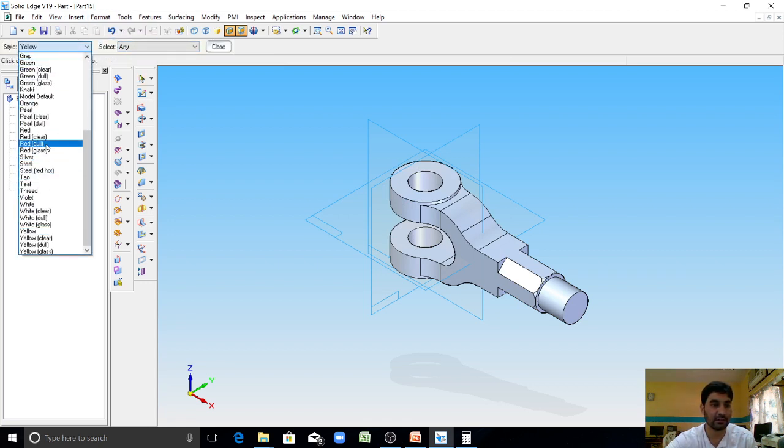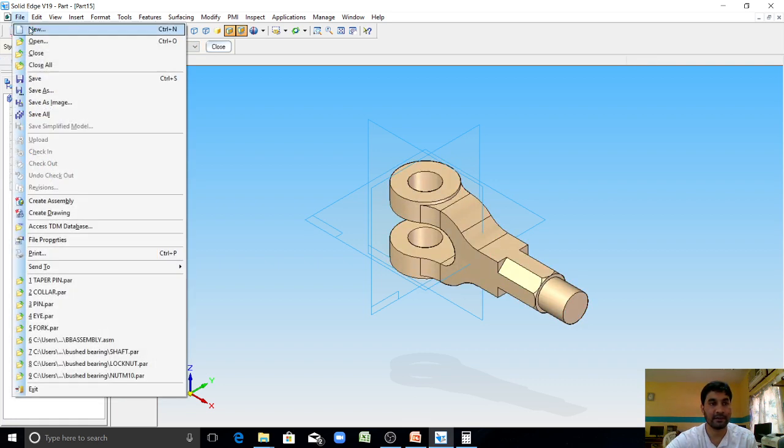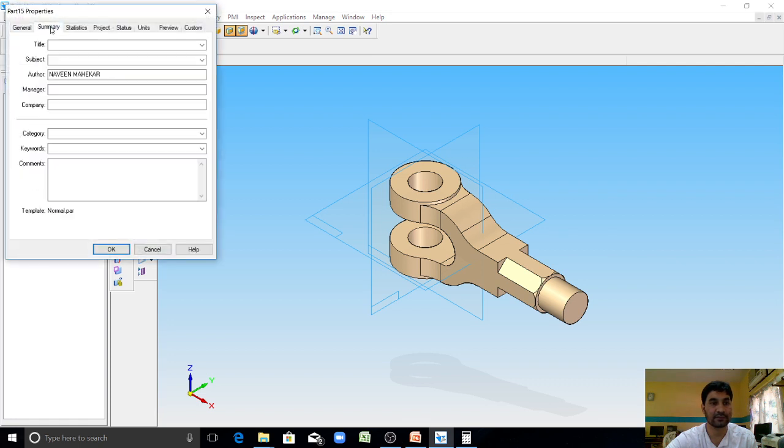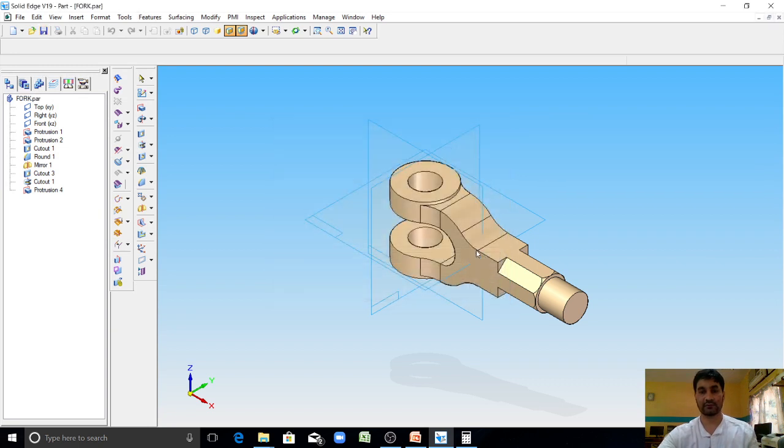Give any color to this. File, save, summary, give it as fork. Click on OK. Again select fork. Click save. Close this.